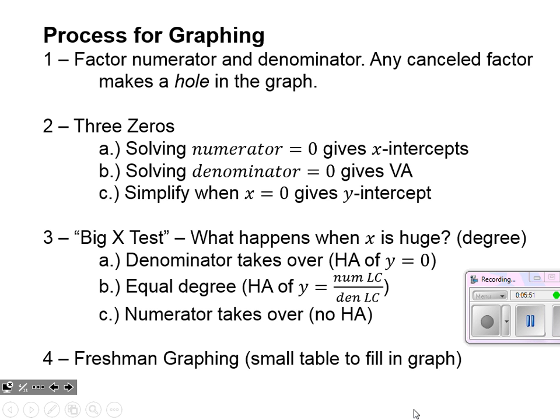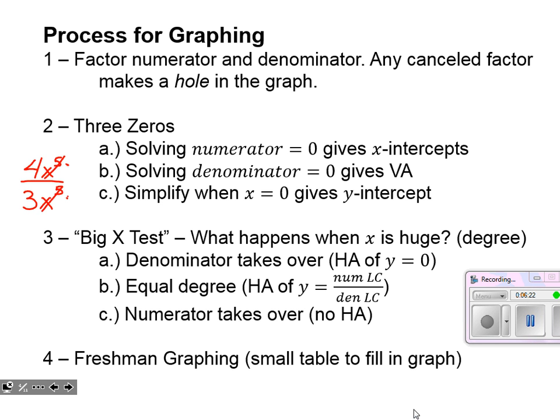Now, what about if they have equal degree? Well, let's say after we look at what's taking over the numerator and denominator, we have like 4x to the 5th over 3x to the 5th. Well, if those have the same amount of power, no polynomial takes over the fraction, then they effectively equal each other out. So, again, this isn't making algebraic sense, but effectively what happens is since they have equal power, we look at the coefficients.